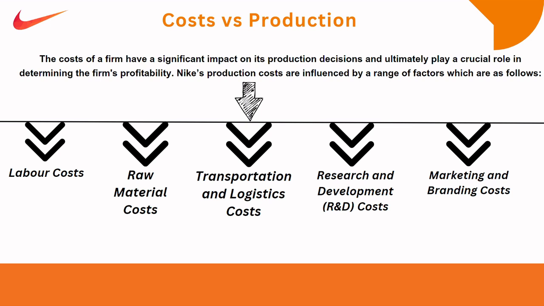Research and development costs. Nike invests significantly in R&D to develop innovative products. These costs are incurred during the design, prototyping, and test stages. R&D costs can affect the pricing of their products. Marketing and branding costs. Nike spends a substantial amount on marketing and brand promotion. While not directly tied to production, these costs are essential for creating demand and maintaining market share. They indirectly impact production costs because the company must achieve a certain level of sales to sustain its production scale